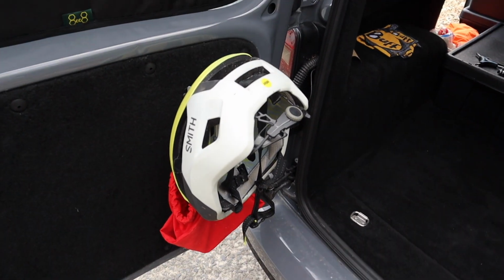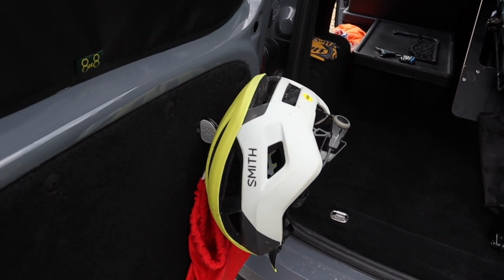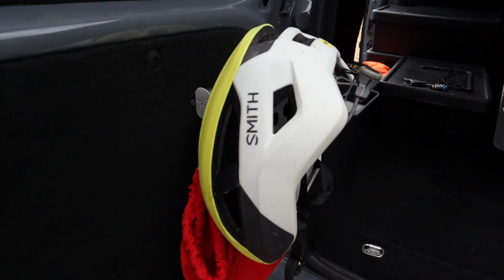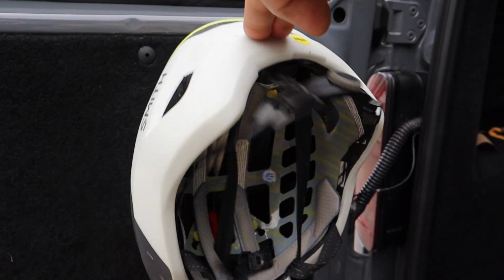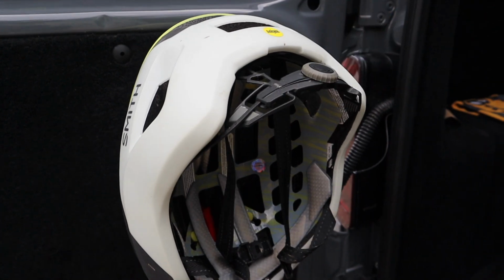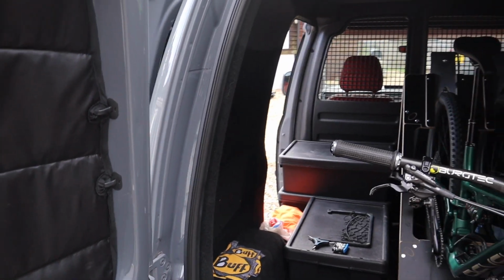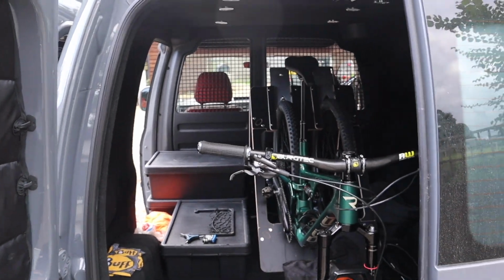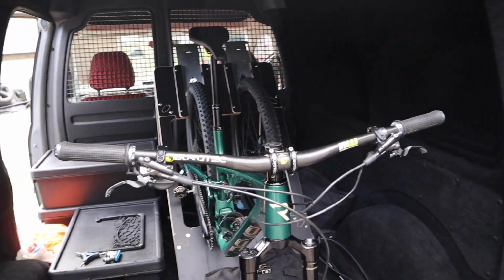So that there is the helmet holder, which I've just stuck on the back door. It's quite cool, it holds your helmet quite safely during travel. That's not going anywhere. It can rattle a little bit, if I'm being brutally honest, but once you've got the music on inside, you don't hear it. So anyway, the back of the car, or the van I should say,